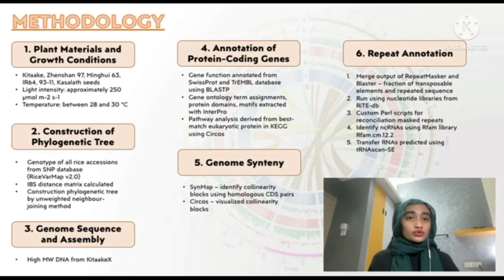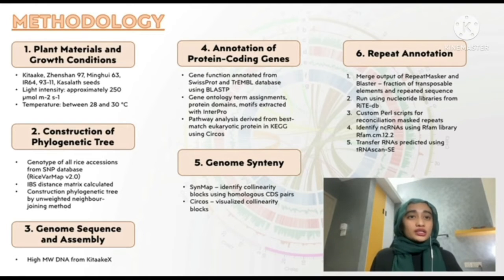The plant materials used for the article are Kita-Ake, Zhenshan 97, Minghui 63, IR64, 9311 and Kasalath seeds. The construction of the phylogenetic tree is based on the genotype of all rice accessions from the SNP database RiceVarMap version 2.0, where the IBS distance matrix was calculated and the phylogenetic tree was constructed by the unweighted neighbor joining method. The high molecular weight DNA from Kita-K-X was isolated and used in sequencing for the genome sequence and